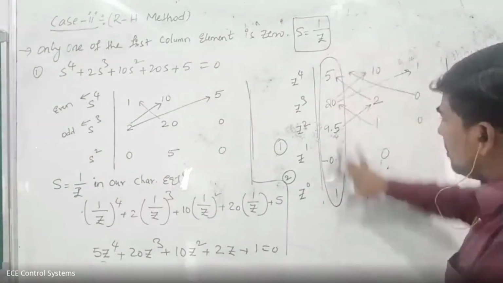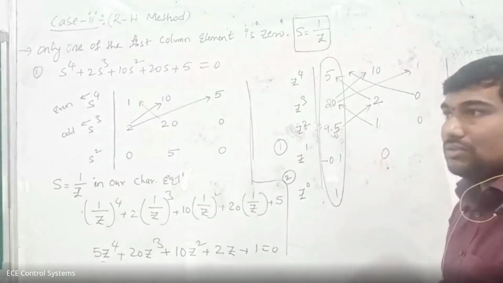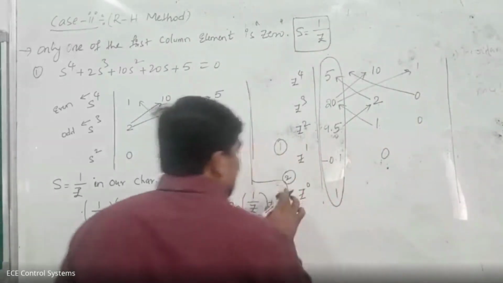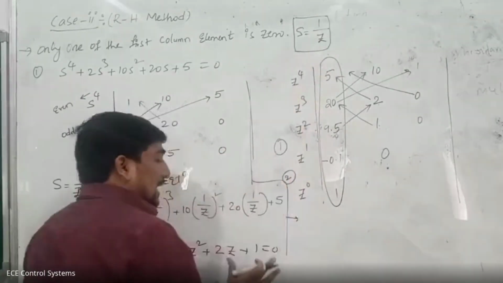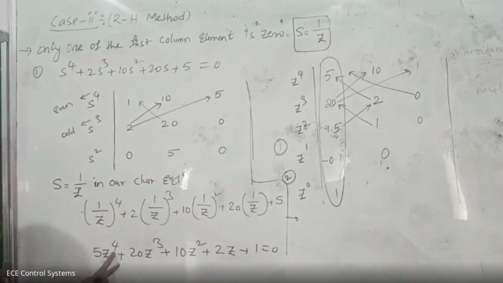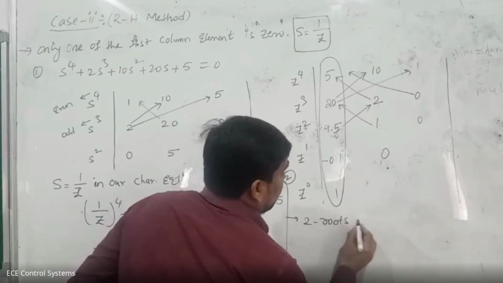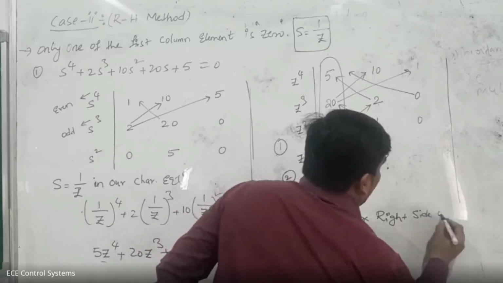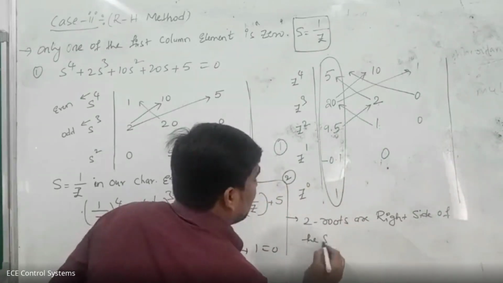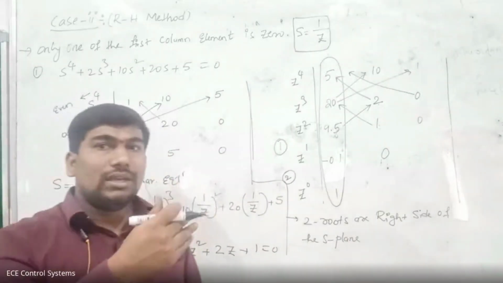Simply, is this an unstable system or a stable system? Because we have some sign changes, negative values are also there. But from these sign changes, you have to explain one point. The two roots from our characteristic equation, totally we have 4 roots from this new characteristic equation. From those 4 roots, two roots are on the right side of the S-plane. The remaining roots may be imaginary, maybe left side.